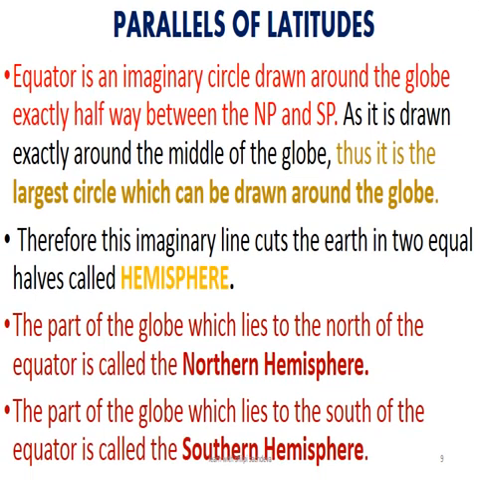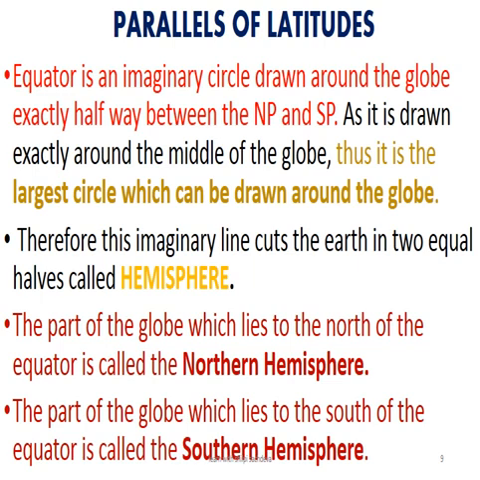So we can say the North Pole, the South Pole, and the equator together are the three reference points for describing the location of a place on the surface of the Earth, which also helps to locate places in north and south direction, as all places lie on the same latitude.